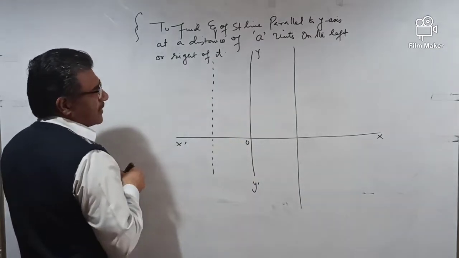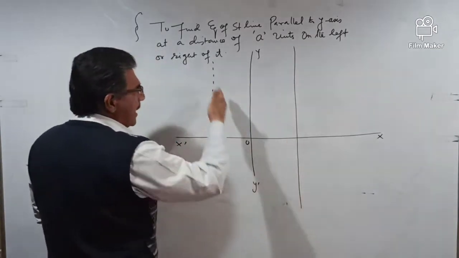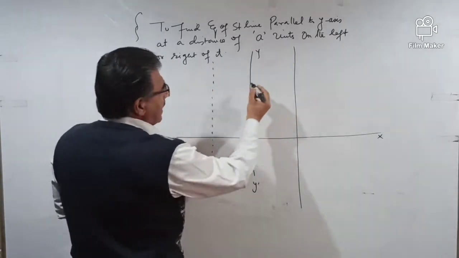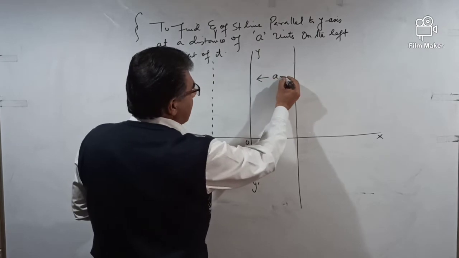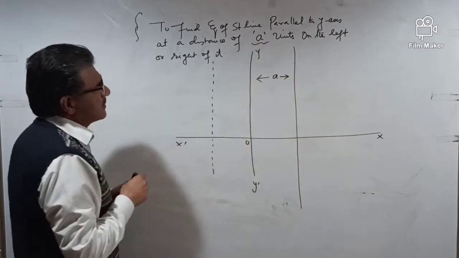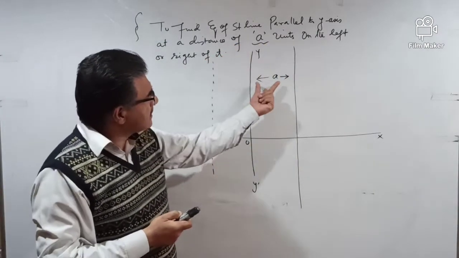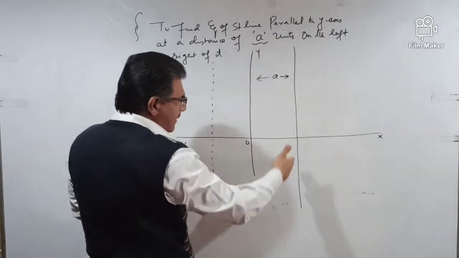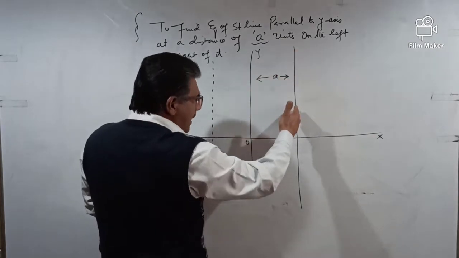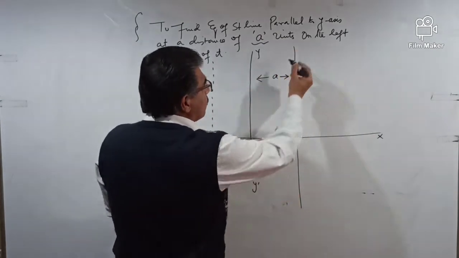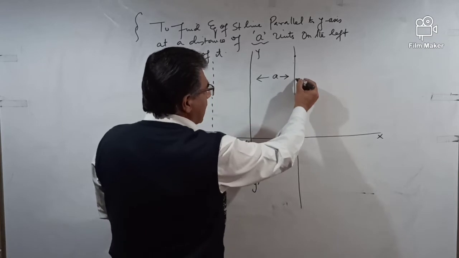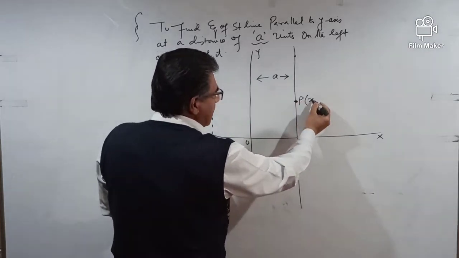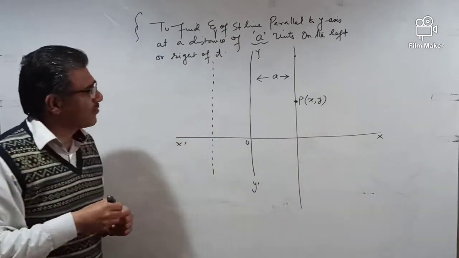ये तो यहाँ से भी हो सकता था. So यहाँ से भी parallel हो सकता है, यहाँ से भी parallel हो सकता है. So it is on the right of it, it is on the left of it. अगर ये ऐसे है तो हम मानेंगे ये distance है a because it is given in the question, this article that the distance is a units on the right of it or a units on the left of it. So let us take this one. ये जो लाइन है किसी पॉइंट से तो बनाई है, कोई पॉइंट तो मूव कर रहा है. देखिए ये पेन का टिप मूव कर रहा है, मैं मानूंगा इस पेन के टिप के जो कोऑर्डिनेट्स हैं, लेट अस से द कोऑर्डिनेट्स बी x एंड y.